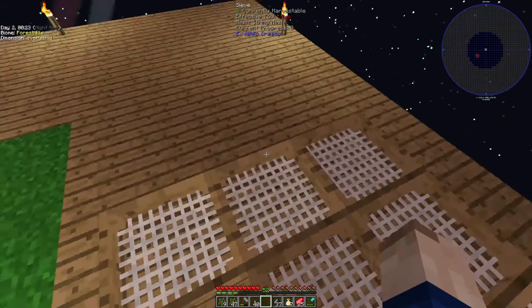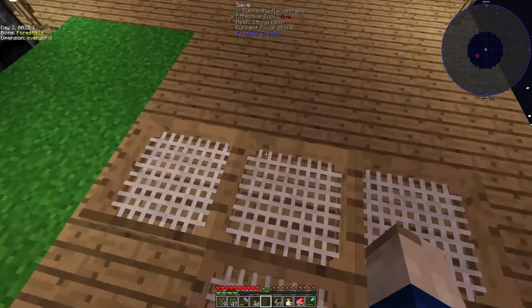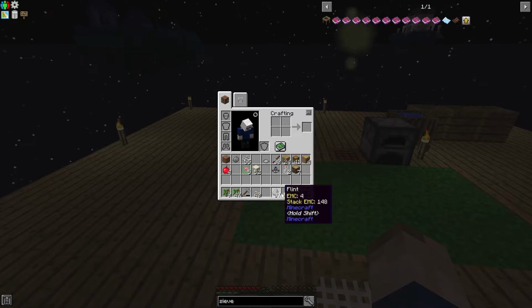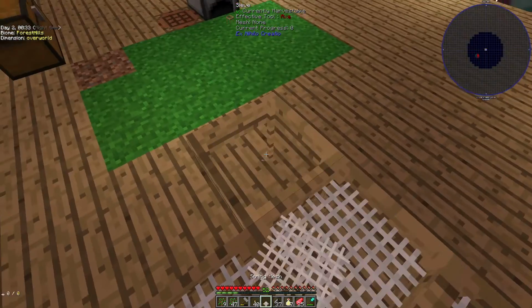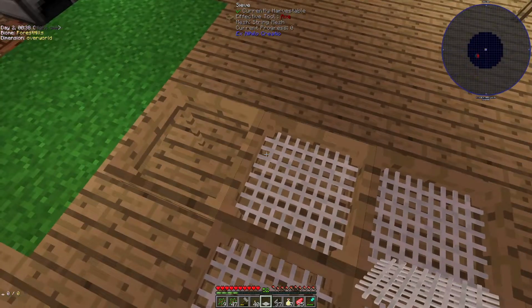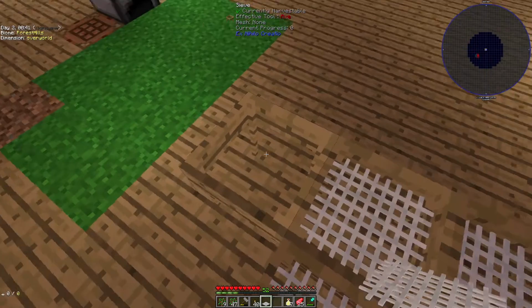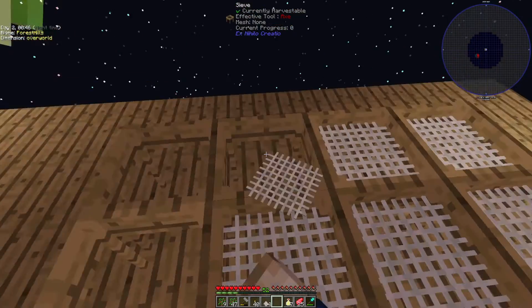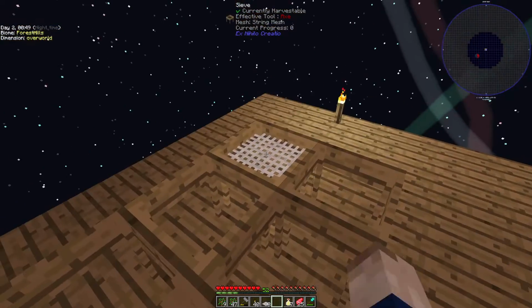I sifted down about 400 pieces of gravel to end up with just the 37 pieces of flint that we have here. Hopefully, I think I calculated that right. You don't have to break the sieve every time you want to change this out. You just need to have an empty hand and then shift right click on the sieve and it'll pop out